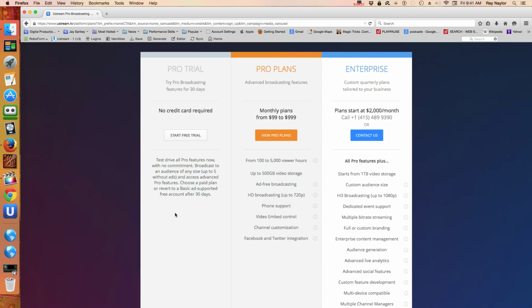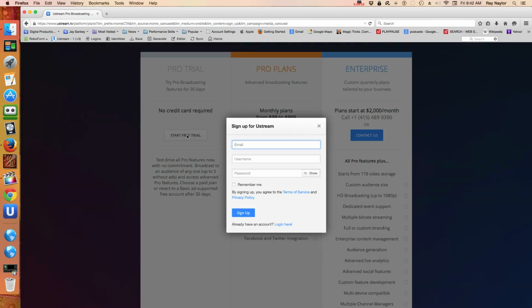What you see on this side is basically you sign up for a free trial. They give it to you for 30 days, I guess, to try it out in hopes that you will part with some of your money every month. If at the end of 30 days you do not buy one of these, it will revert to the basic free account where you will have ads on your broadcast. These have no ads. Okay, so we're going to hit start free trial,